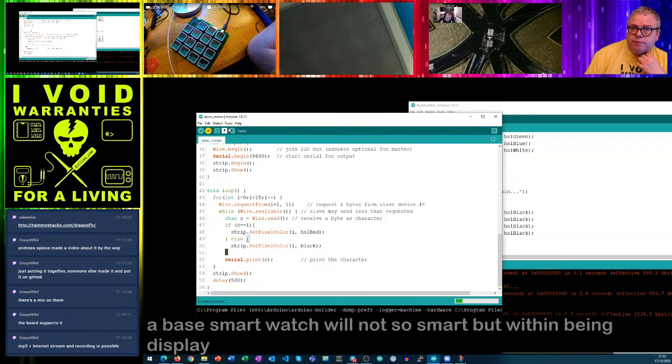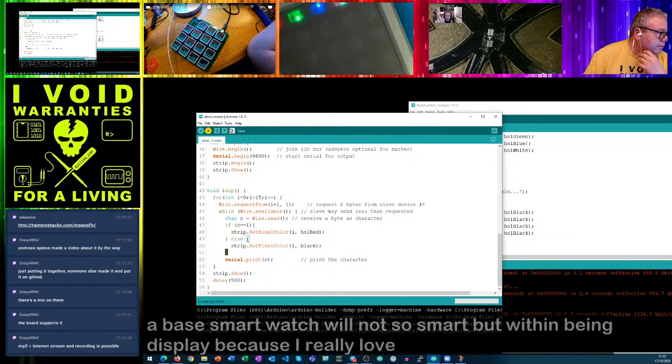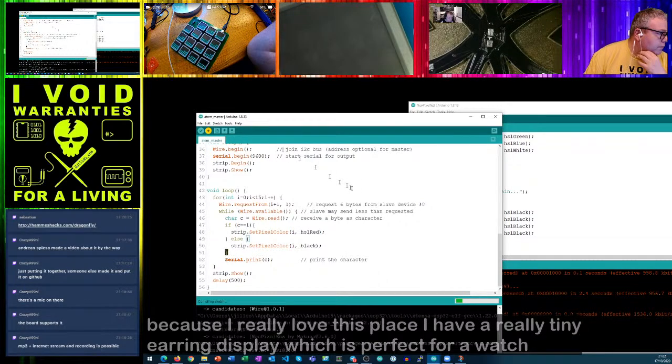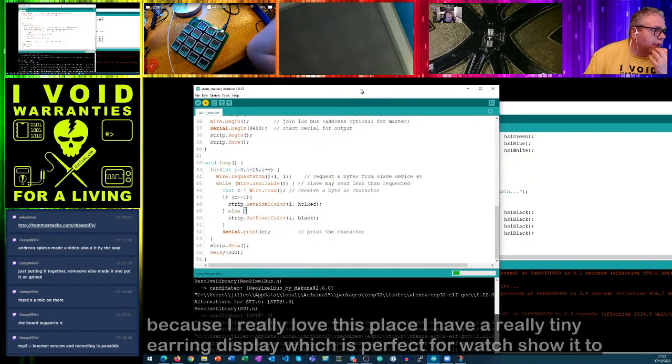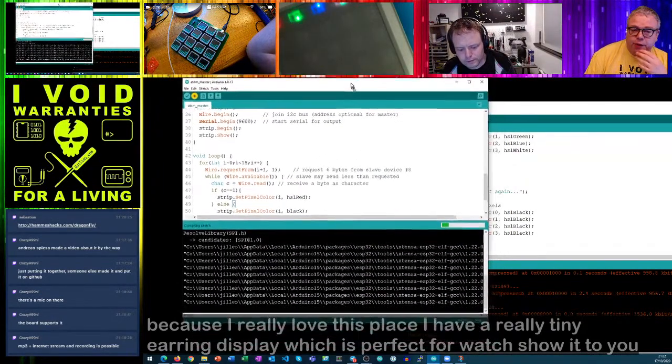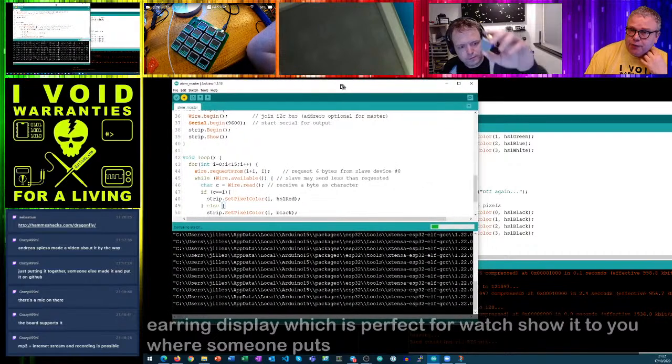Because I really love e-ink displays. I have a really tiny e-ink display, which is perfect for a watch. I'll try and show it to you. Did you see the Hackaday project where someone put his wedding picture into a...